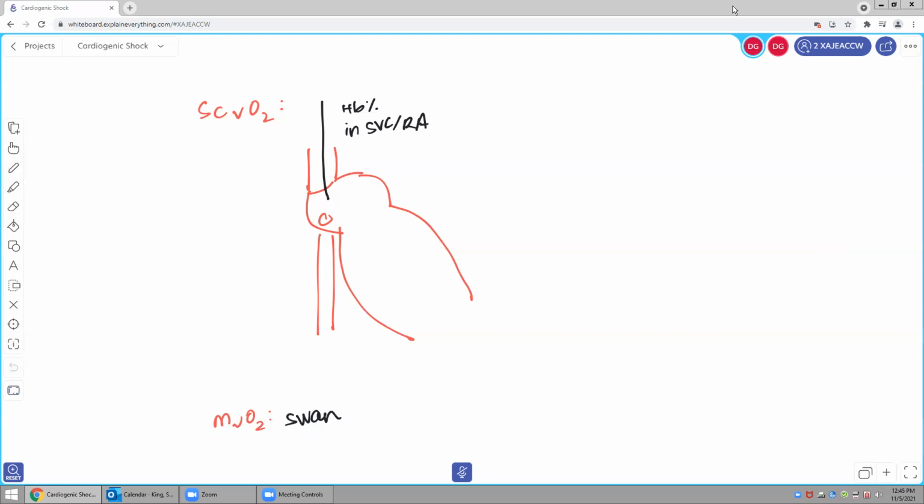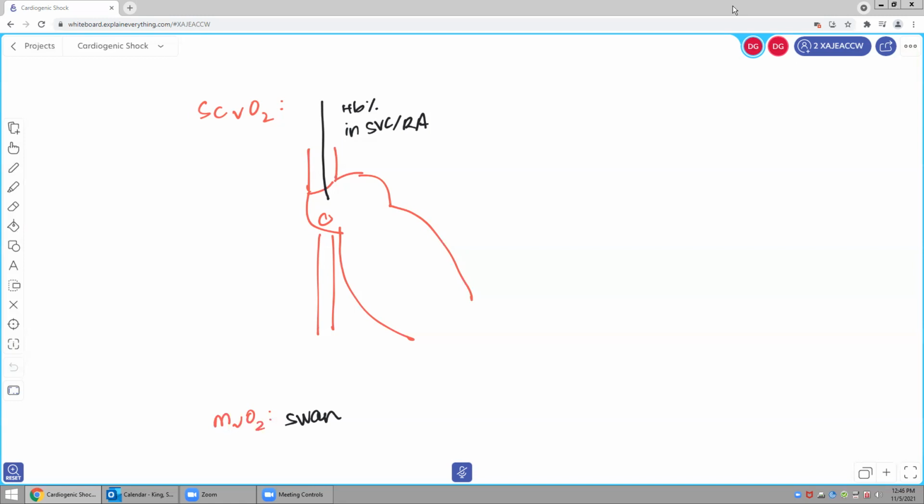What's the difference in the oxygenation of blood in the right atrium versus in the pulmonary artery? What are you missing in the right atrium or in the SVC? Coronary sinus, yes. Exactly. So mixed venous O2 sat is your truly mixed venous blood from the SVC, from the IVC, and from the coronary sinus. But we use SCVO2 often to approximate this because far more of our patients have a central